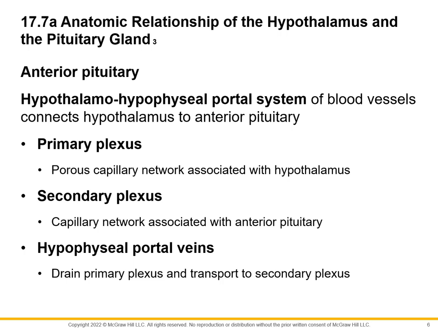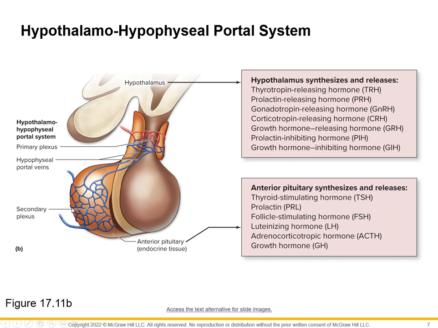So you only have one capillary bed. For a portal system, you'll have two, right? You'll have two. So for this portal system, I'm going to show you an image here. Here you have one set of capillaries, kind of associated with the infundibulum and the hypothalamus. You have these portal veins that are extending down from the infundibulum to the anterior pituitary, and then you have